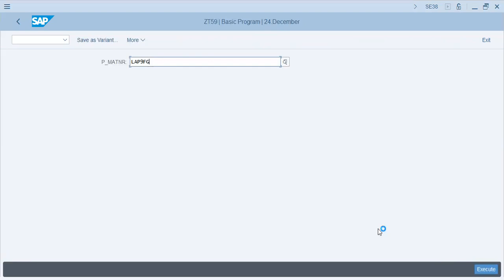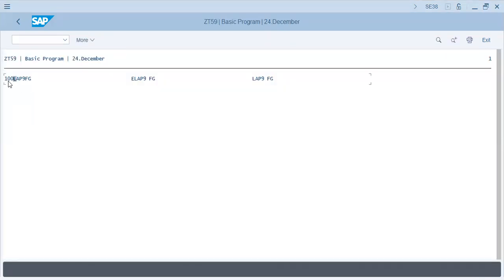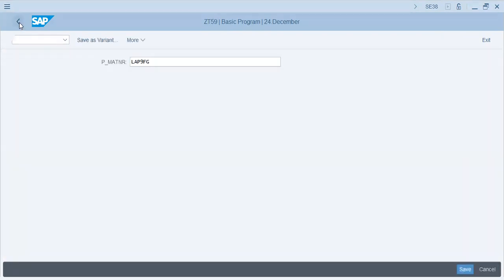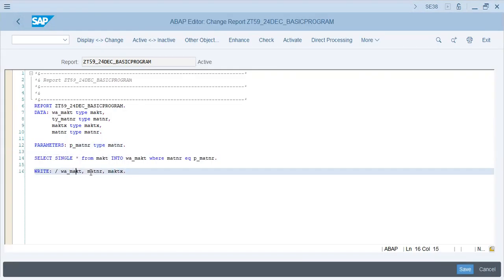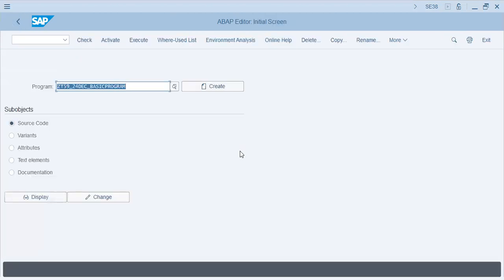LAP9FG. Execute. So we have 100, LAP9FG, and it is printing the data of 3 variables, which were MAKT, MATNR, MAKTX. Okay. So this is how we will create a program, and this program will be